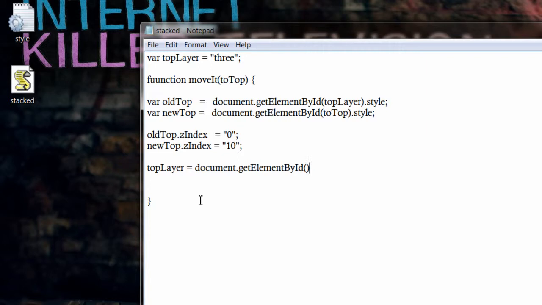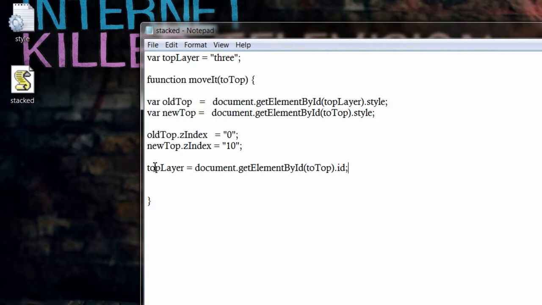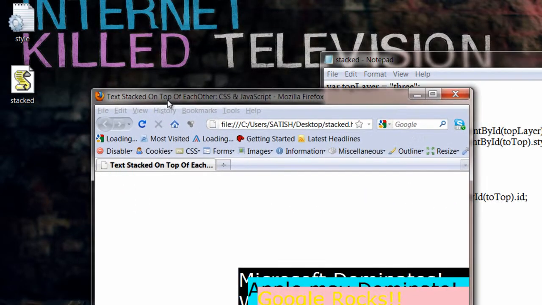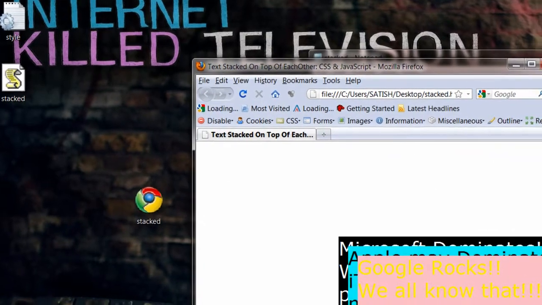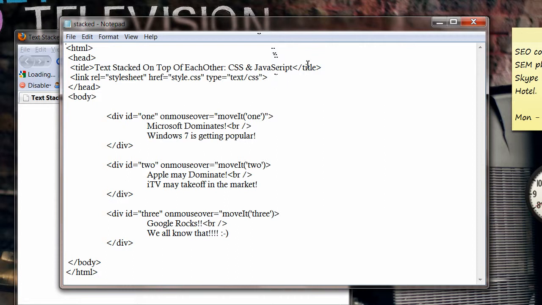Now what's left is we need to link this JavaScript file to our HTML document. Okay, save the file and link this JavaScript file to the HTML document.